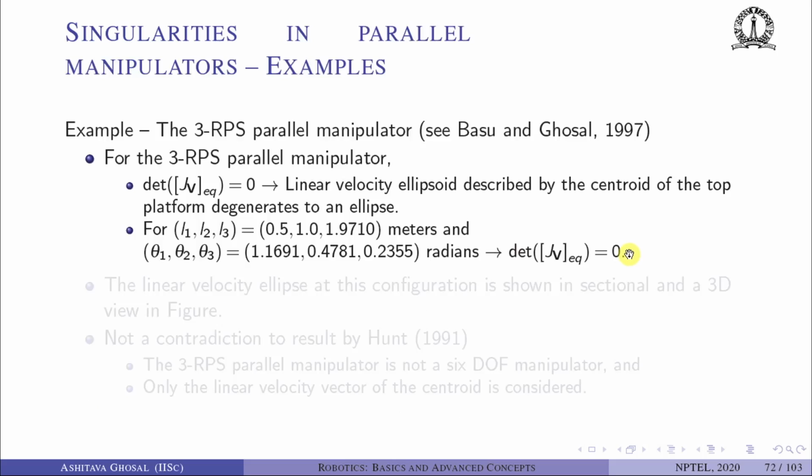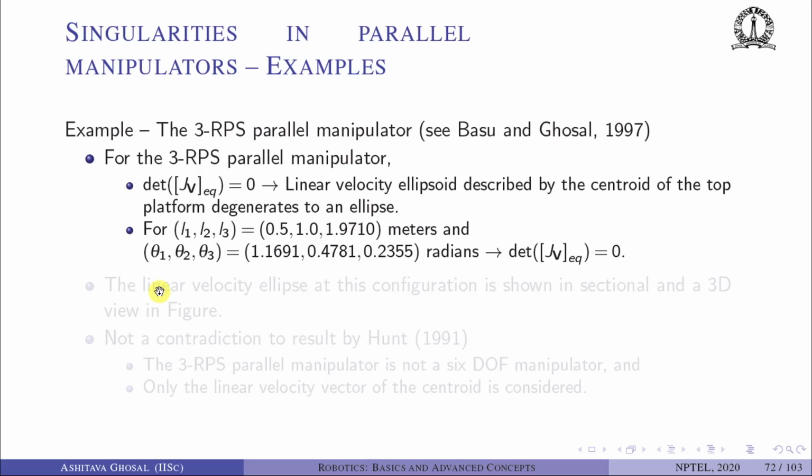For a 3 degree of freedom 3 RPS manipulator, or a manipulator moving spatially, the determinant of JV equivalent equal to 0 implies that the linear velocity ellipsoid described by the centroid of the top platform degenerates into an ellipse. Okay, this was worked by one of my students a long time back. These numbers are from that work. So for L1, L2, L3 given by 0.5, 1.0,